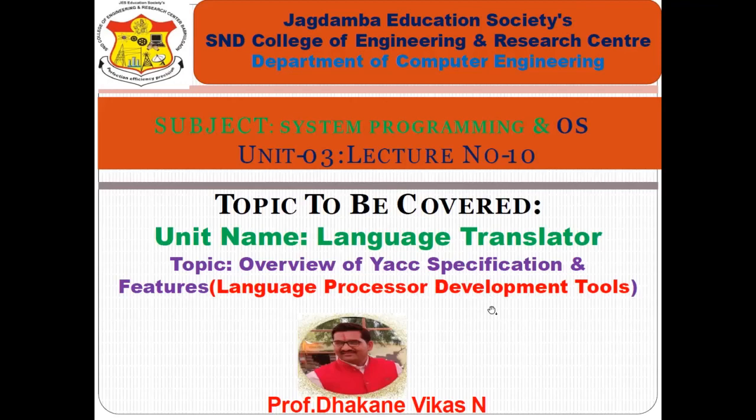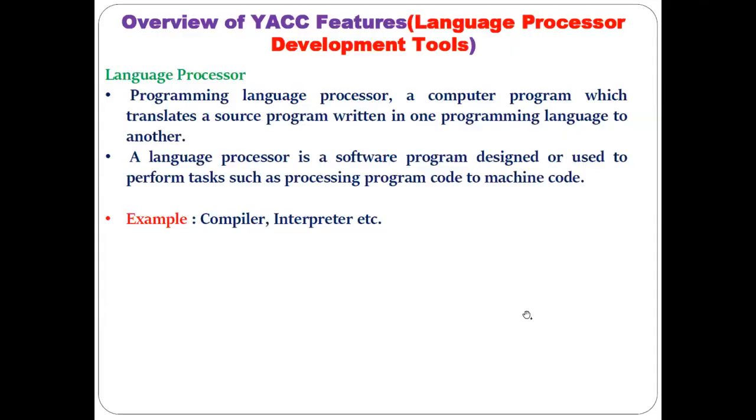Now today we are going to discuss the second tool provided by Unix, which also helps us to develop and create the second phase of the compiler, that is the syntax analyzer or the parser. The name of that tool is Yacc. So today we are going to discuss how to generate the syntax analyzer or the parser using the Yacc tool, and we'll also see one program related to that, so that you can get a clear-cut idea of what exactly the Yacc tool is, and its specification and different features.